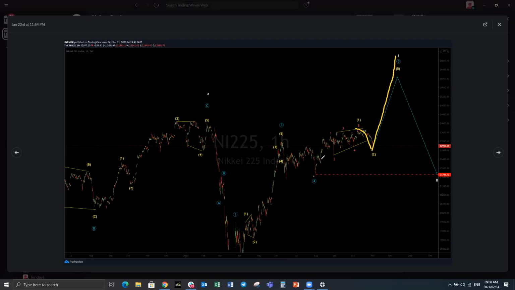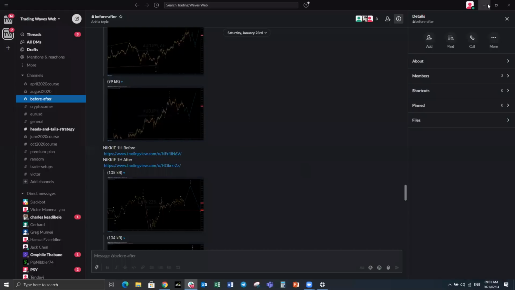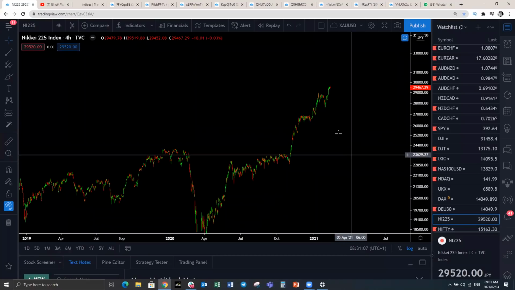We're looking for this to be a wave 1 that starts with a leading diagonal, and this to be the wave 3. You can see that we've got a wave 3 missing in the yellow degree here. So that is what we were expecting here. It's 1, 2, 3, 4, and a 5. So a pullback on the Nikkei is only the wave 3. Let's have a look at that chart. So that's what you have here.